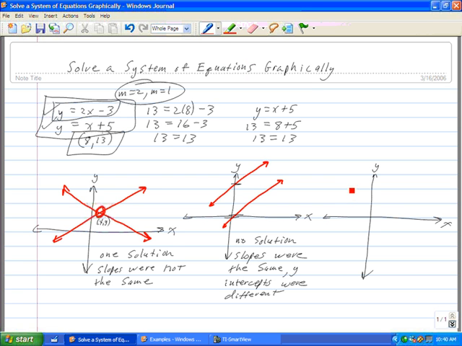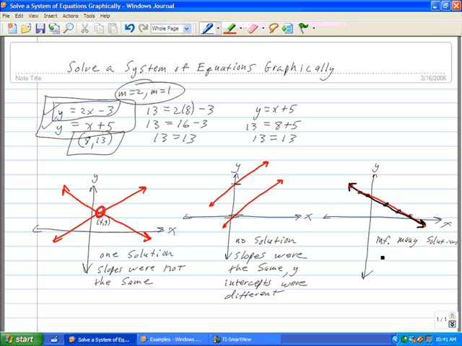Let's say that your two lines happen to have the exact same slope and the exact same y-intercept. That would mean that the two lines lie right on top of one another. Well, that's going to give you infinitely many solutions. Alright? Infinitely many solutions, meaning any point that's on one line is automatically on both, since they fall one on